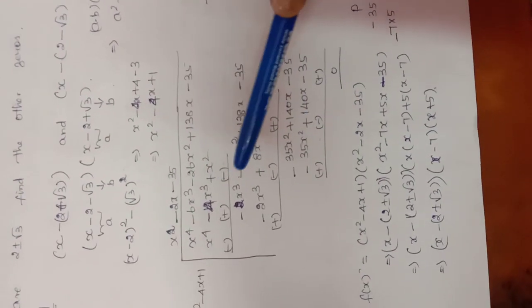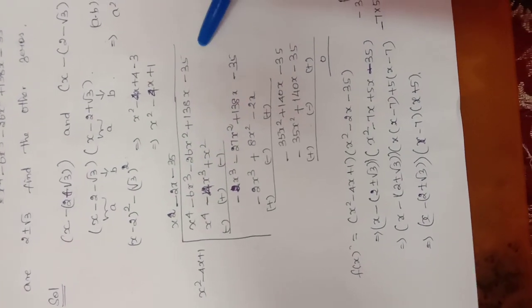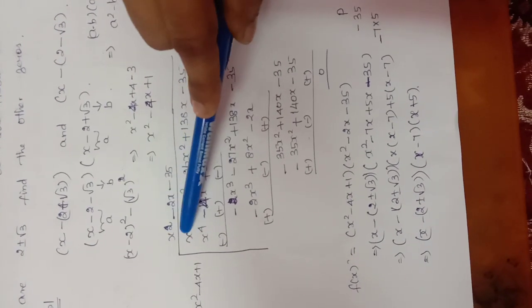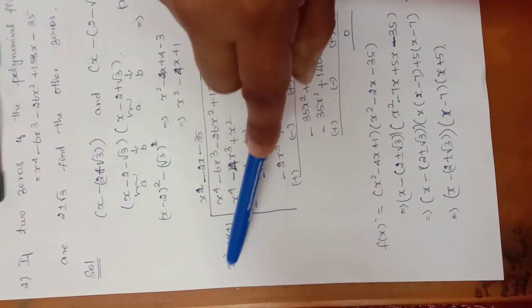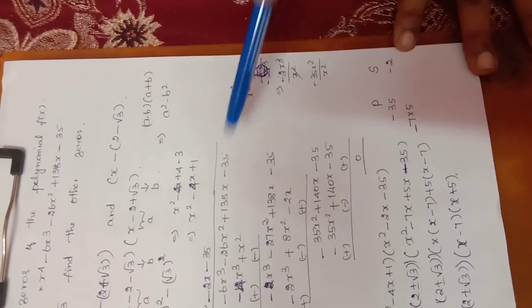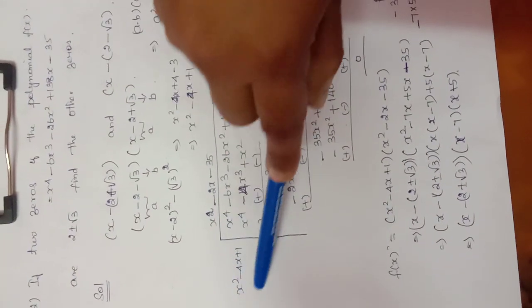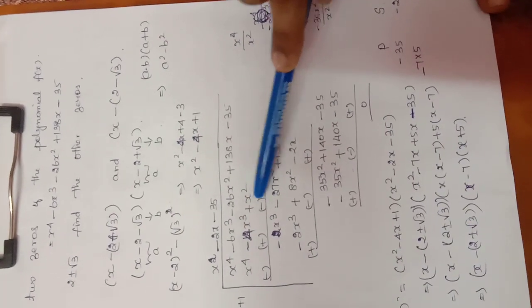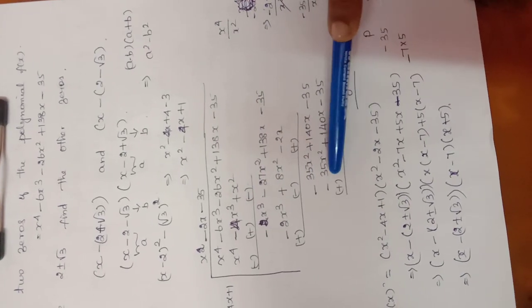When you divide it by the long division method, first verify whether the given polynomials are in the decreasing order of the power. Take the first term of the given polynomial divided by the first term of the polynomial by which it has to be divided. When you calculate that, you get x square. Multiply the x square by this polynomial, you will get the second term. Now change the sign of the second polynomial and repeat the same process till you get the remainder.